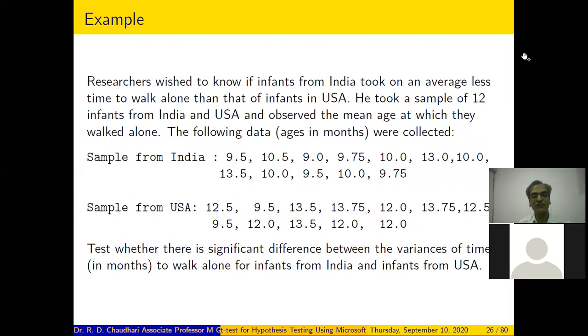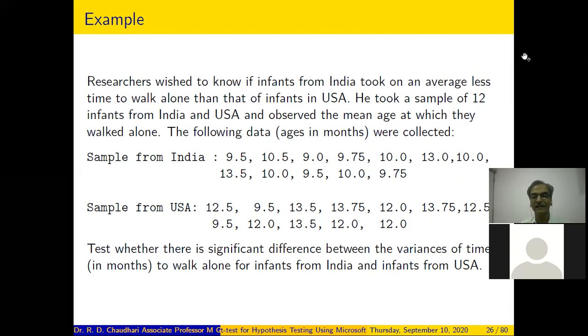A researcher wished to know if infants from India took on average less time to walk alone than infants in USA. So the researcher took a sample of 12 infants from India and USA and observed the mean age at which they walk alone.